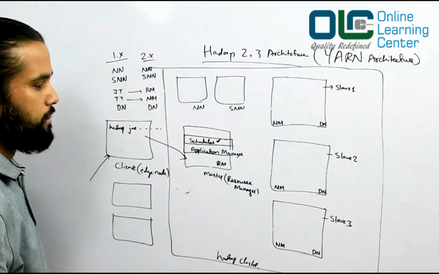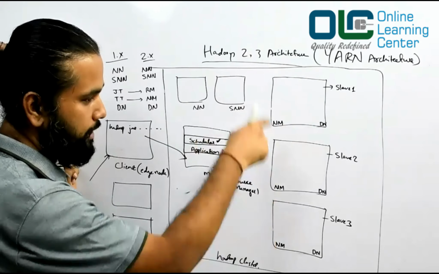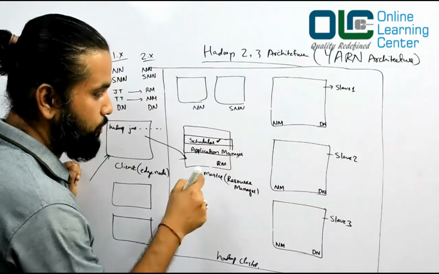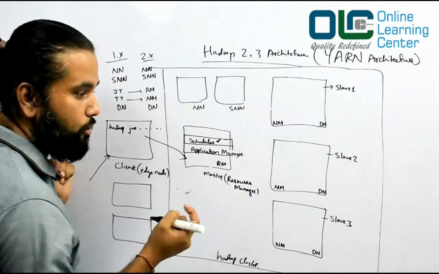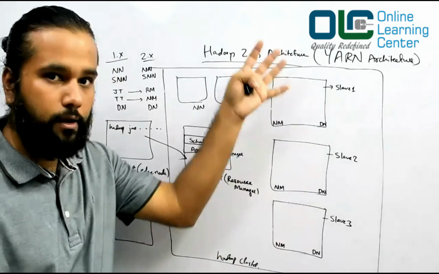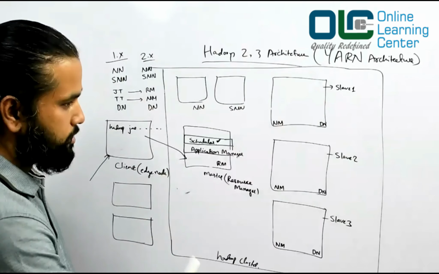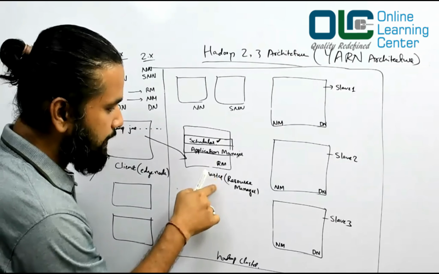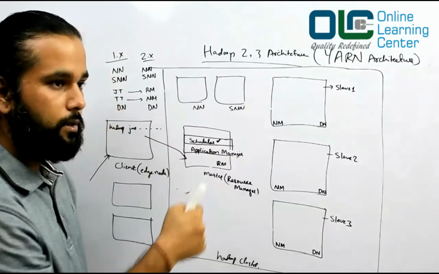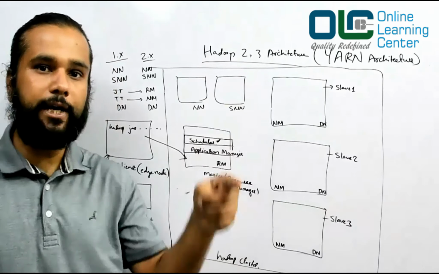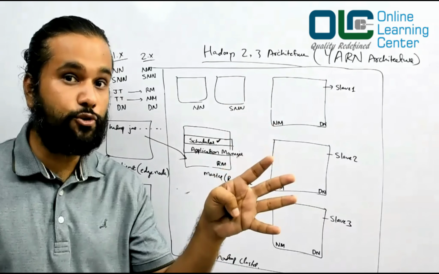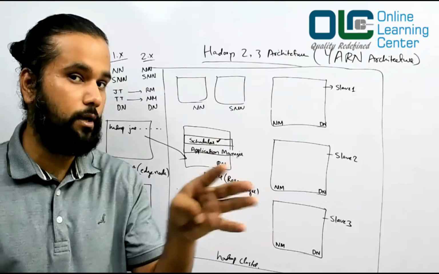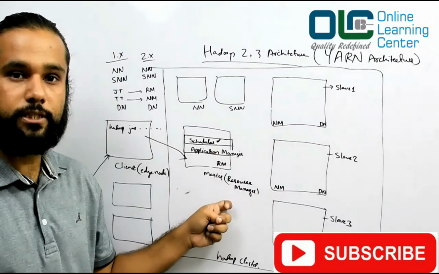So what the scheduler does, it looks into the whole details of the Hadoop cluster, because the resource manager has all the information about the whole resources, right? Now you can say this guy is the main, like king of the whole cluster, right? Because it knows how many nodes I have and what resources are available, how much memory it has, and all those stuff. It has all the information with it, right?